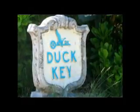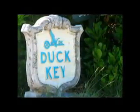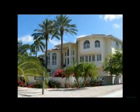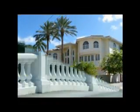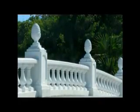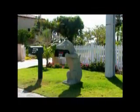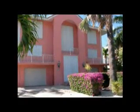Here we are back at Duck Key. Now that was a very nice area. They had very nice homes. They didn't have any gates. Didn't have any security around there, so I just got out and started making pictures. And I didn't see anybody. One interesting thing was the mailboxes. She liked the crocodile mailbox. They had some beautiful homes, flowers,